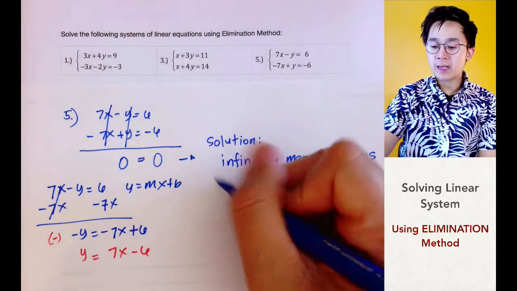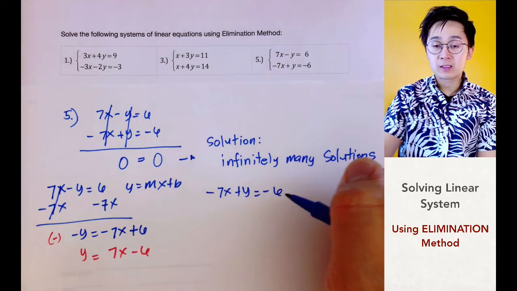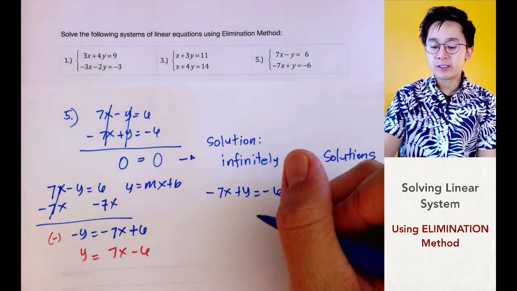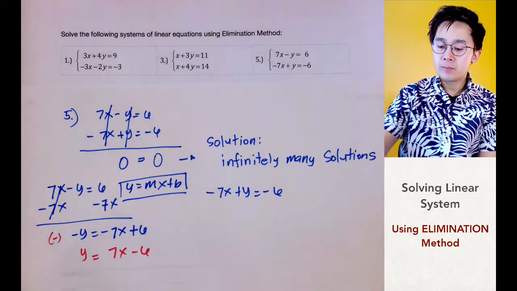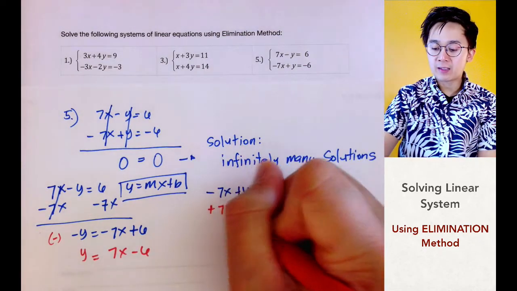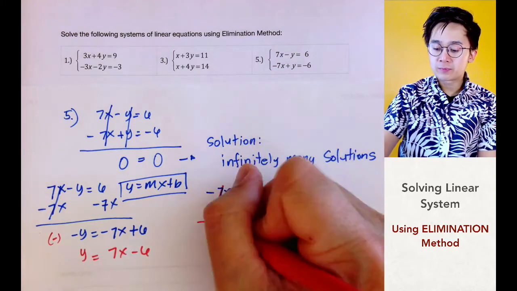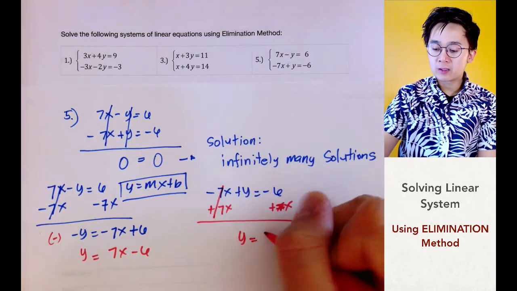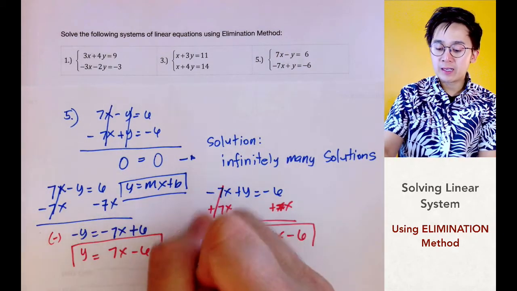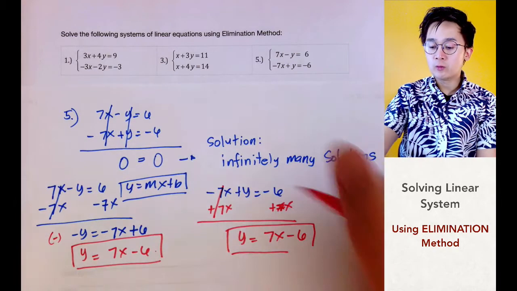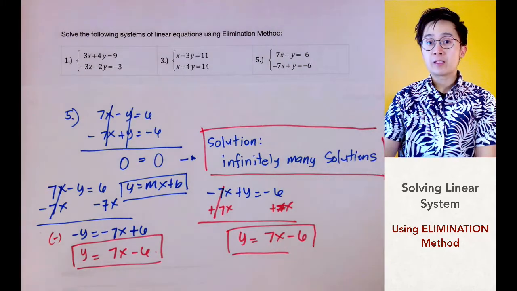At yung line 2 naman natin, which is negative 7x plus y equals negative 6, kapag change natin siya sa slope-intercept form by adding 7x on both sides, kasi we need to have y by itself, we'll have y equals 7x minus 6. So, mapapansin nyo na si line 1 ay parehas lang sa line 2, kaya infinitely many solution yung ating